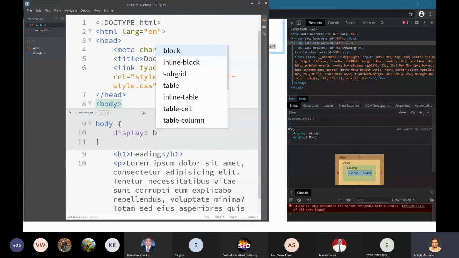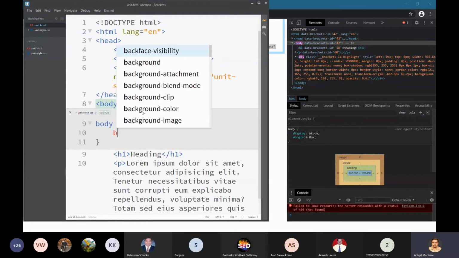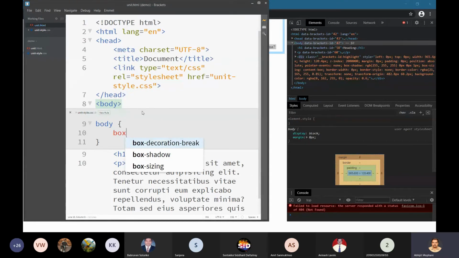Not the display property, the sizing property, border box.